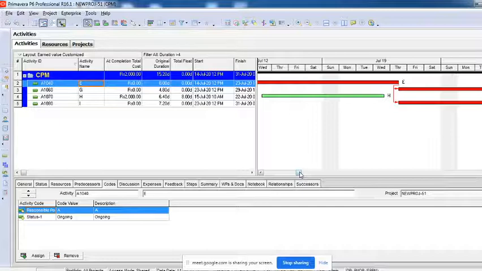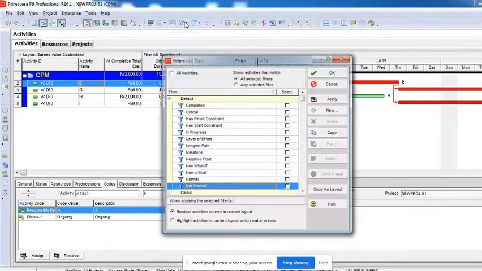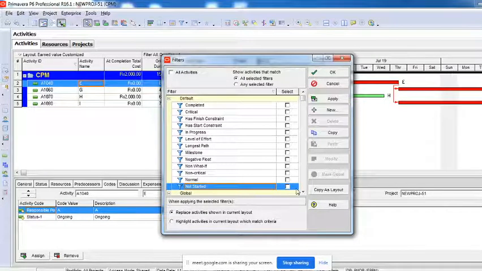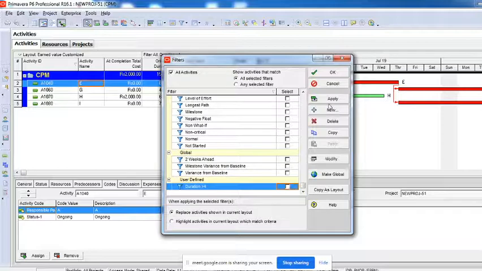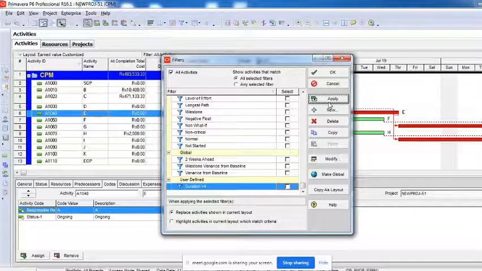If you want to see only the work of a particular resource, you can filter it based upon the resource names. You understand? I want to see only the mason's work. Then the moment I click on the activity code, resource name mason, I filter it. I'll show you. Now again, to clear off the filters, I'll uncheck that and say apply, so that everything comes back.